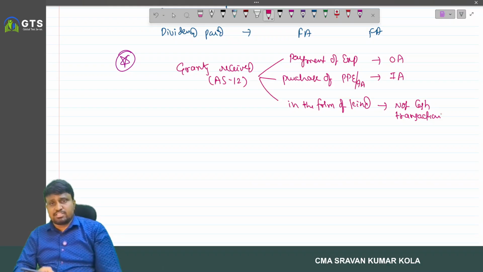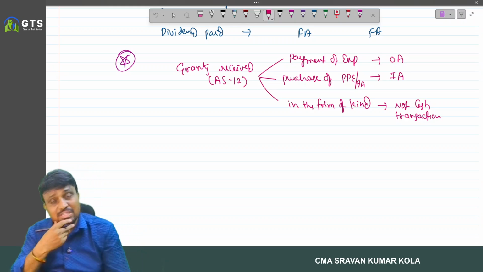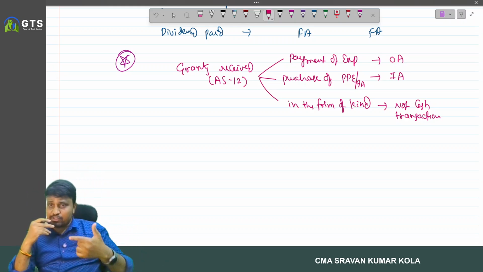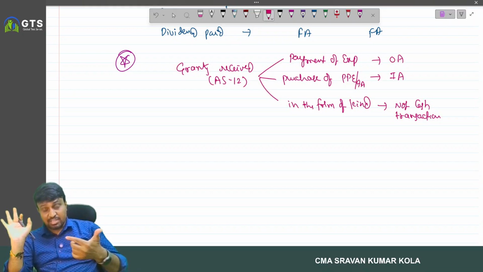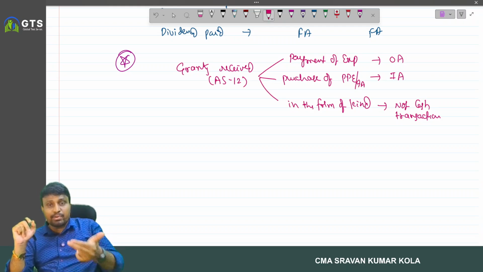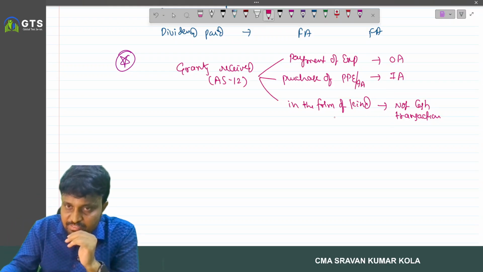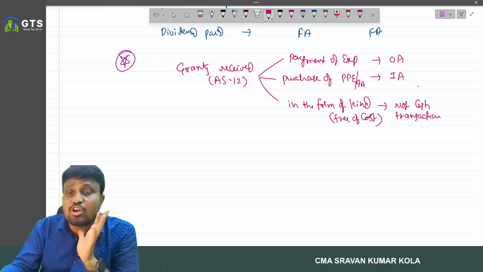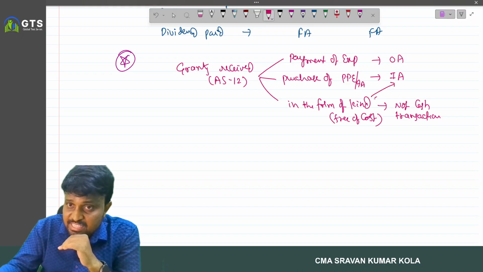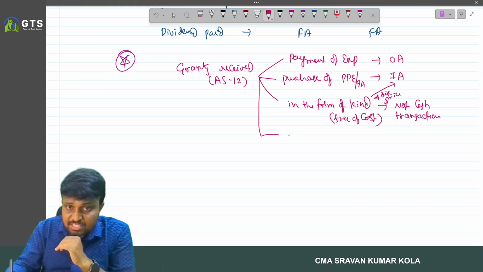It is not a cash transaction. And that means generally in the form of kind, we have two situations in AS 12. If it is received free of cost, first of all, it is not a cash transaction. If it is received at a discounted price, then we can consider it as an investing activity. For example, if it is received free of cost, it is a non-cash transaction. But if it is at a discounted price, covered under what? Investing activity. And if any grant received